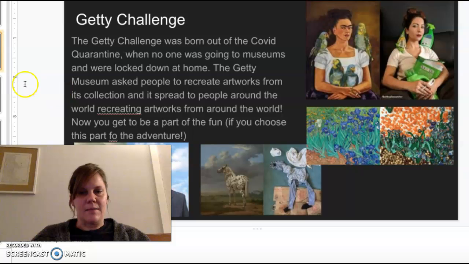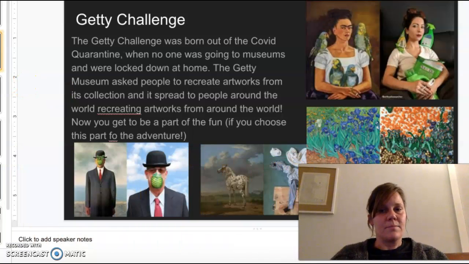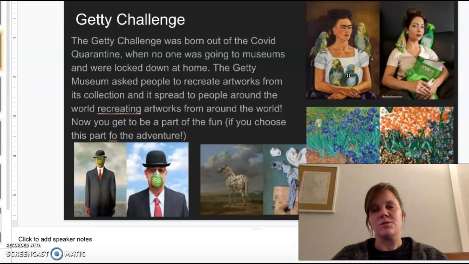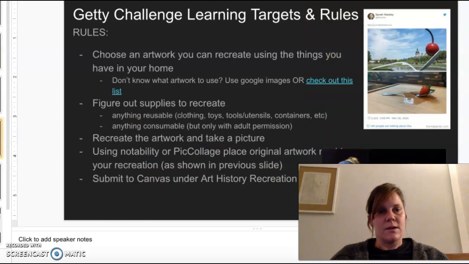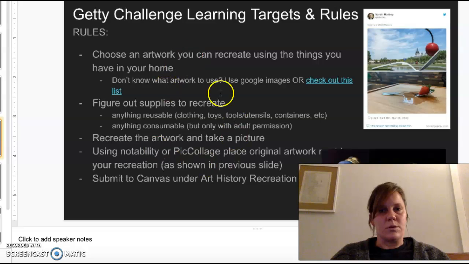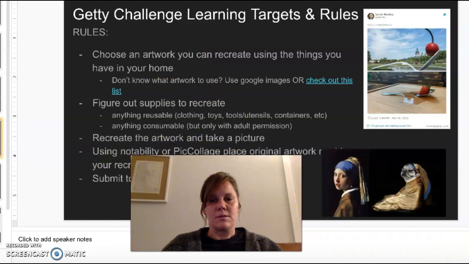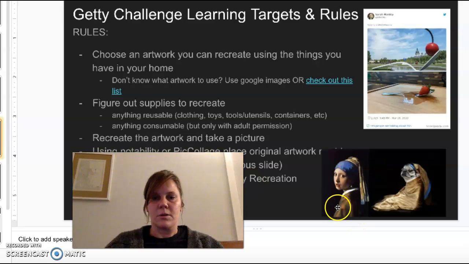You get to decide. But whatever you're doing, you're using a different supply than the original artist was using. So Frida Kahlo used paint. You're not using paint. You are using everyday items. So like this one's pretty funny. And also timely with the mask, and then you paint it as mask green. Here are the rules. Okay, so make sure that you use these rules. You can use animals. So here's Girl with a Pearl Earring. Here is